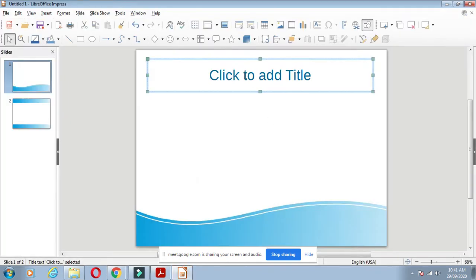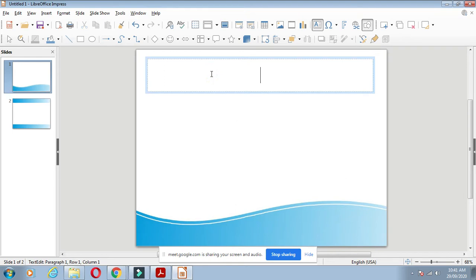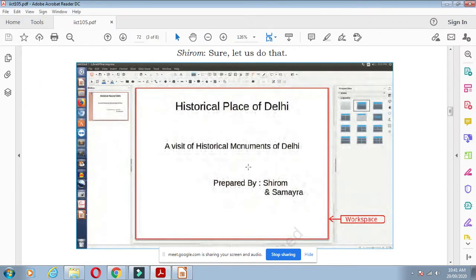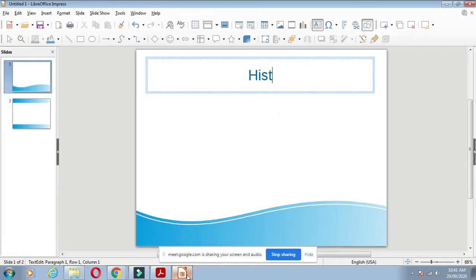Open that copy here, and type some title here, whatever the collection of material you have, and whatever kind of report you want to make, type that kind of title here. For example, here they have given Historical Places of Delhi. The same way we can use Historical Places of Jaipur. We are using a different one. Okay, Historical Places of Jaipur.